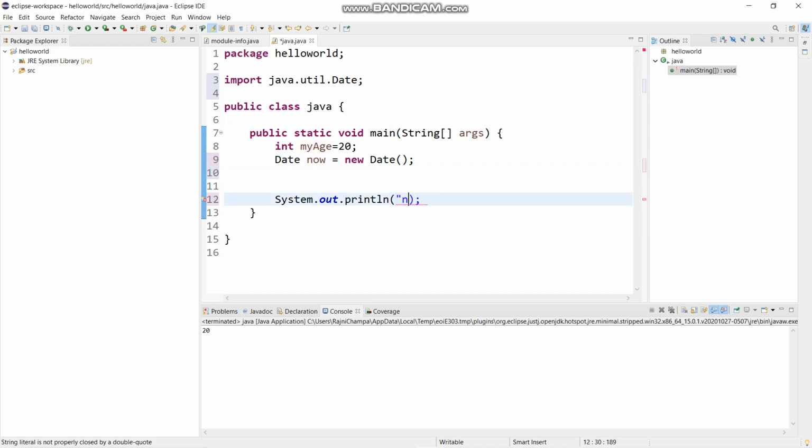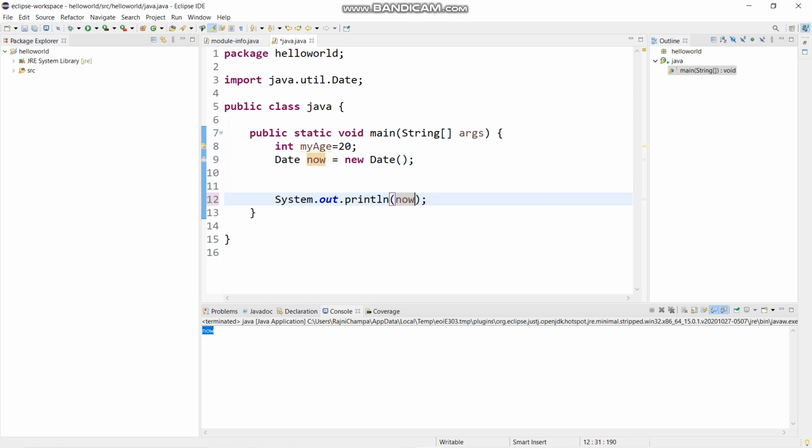Now let us display what is in the now variable. Run it. Okay, now we can see that we have this "now" printed because we displayed it within double inverted commas. We want only the value of now.